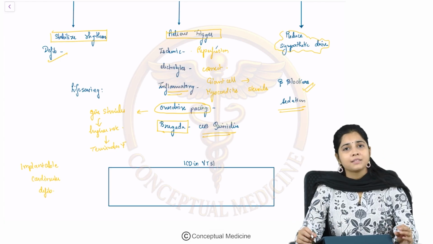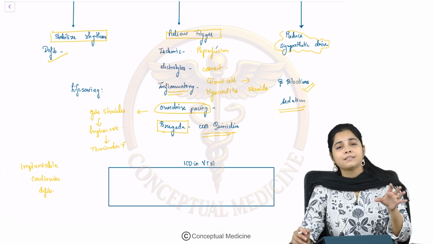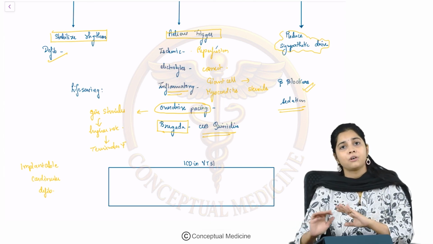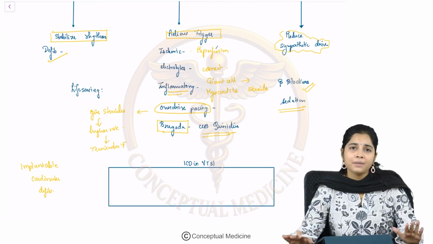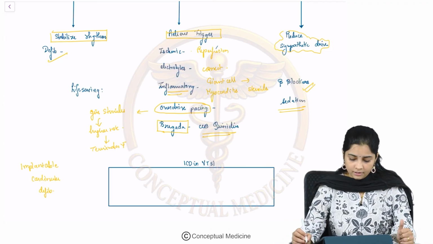So, an ICD is basically placed in a subcutaneous pocket and this is used for prevention of VT. Whenever there is a VT, the ICD will detect the rhythm and will give a shock and terminate the VT. So, that is the basic function of an ICD. But in an electrical storm,